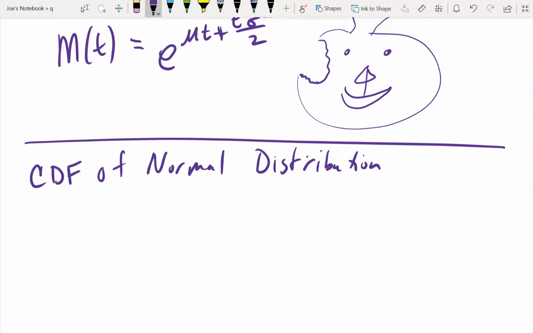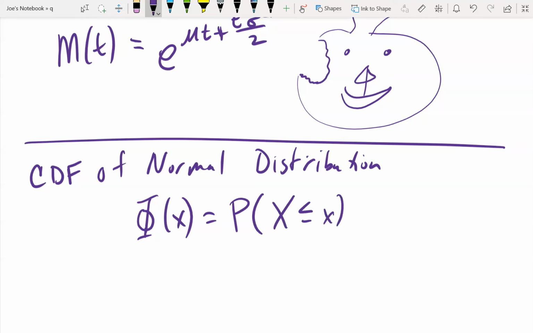Now, when we do the normal distribution, we can't find an antiderivative of e to the minus x squared in closed form. So when I talk about the CDF, the only way you can really write it is in integral form. But we use the normal distribution enough that we give a function name to the CDF without writing it as an integral. So when we write capital phi of x, this is the probability that capital X is less than or equal to little x when your X is normal.